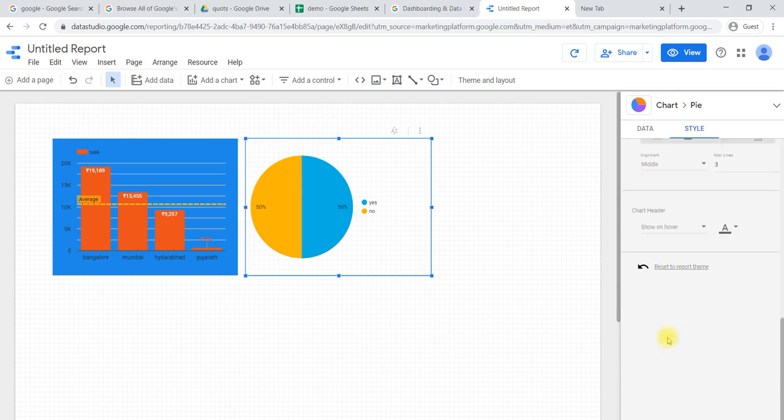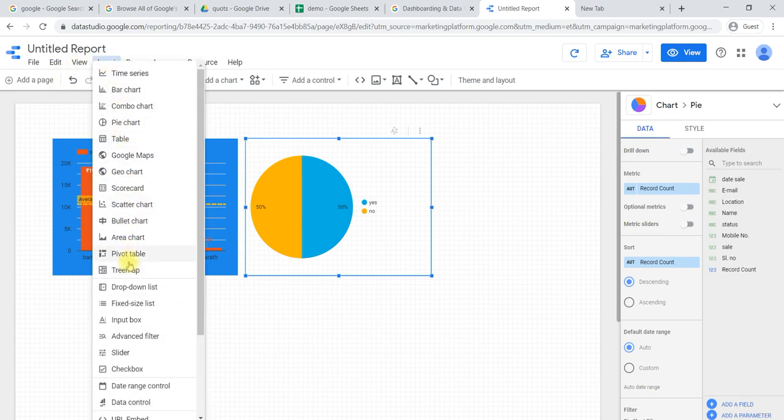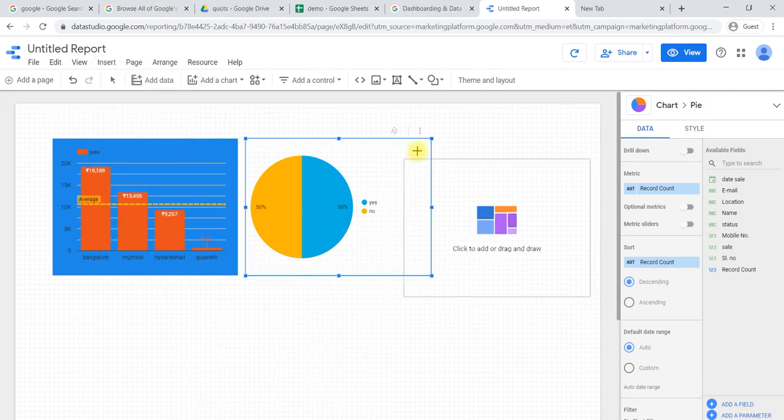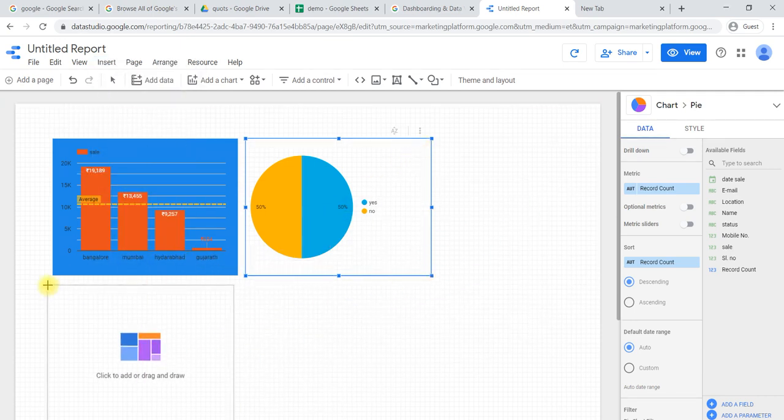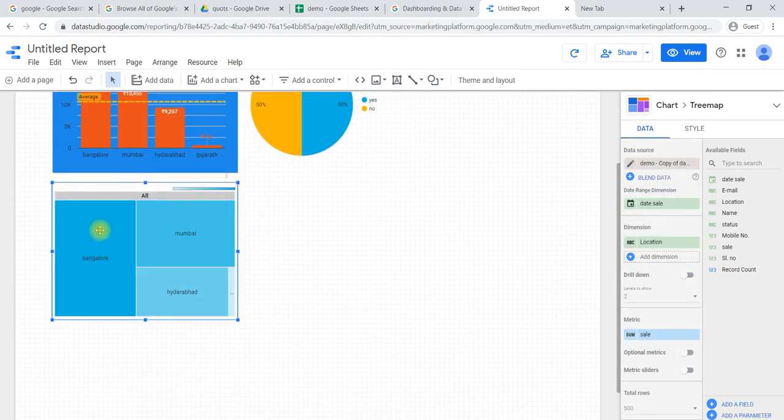Then we'll add one more type of chart, a tree map. What exactly does a tree map do? For example, these are the four locations we have.